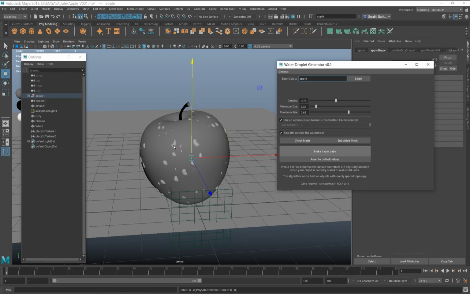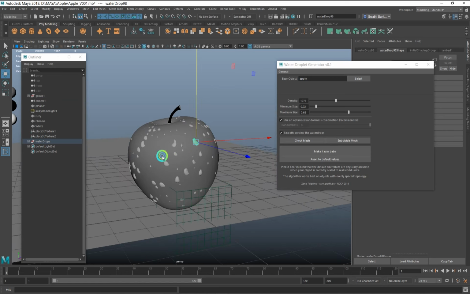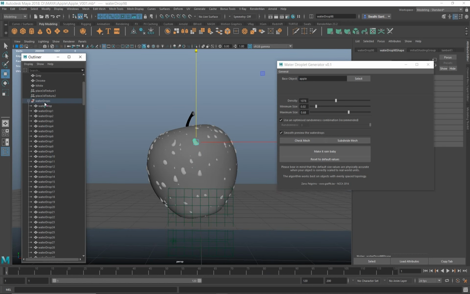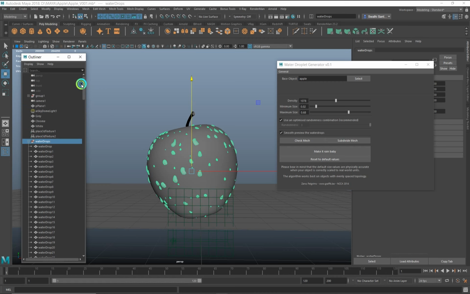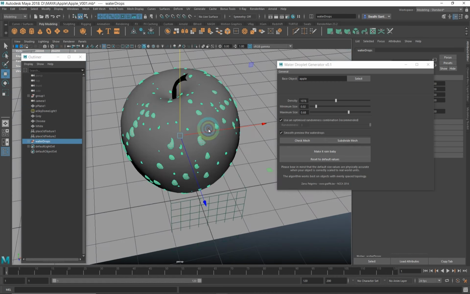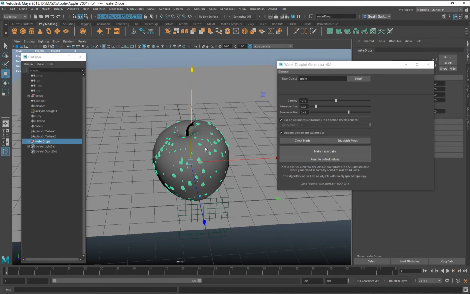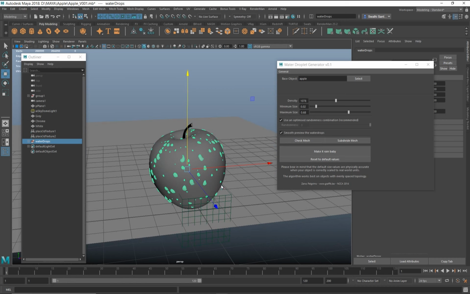As you can see, it creates variation on size, rotation, positions, and everything by default. So now it's finished. If you see, there's a group called water drops in the outliner, and it has around 249 meshes. If we were to use polygon meshes on the ground and apple, the scene will get heavy.